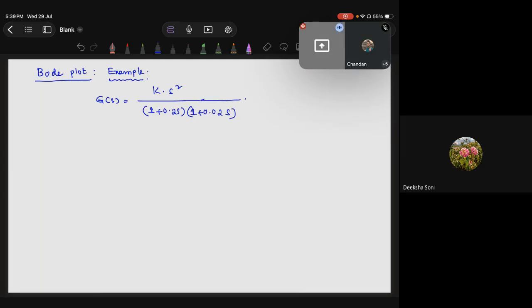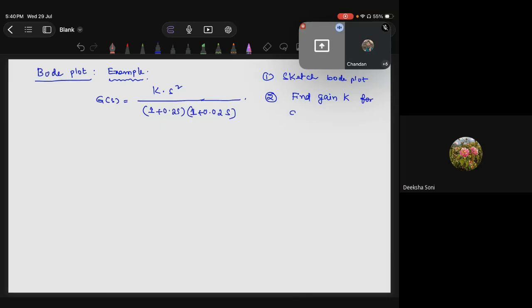Let's say we have two zeros as well as two poles. So now the question is like this. Sketch Bode plot, first question, using this transfer function, and also find the system gain k